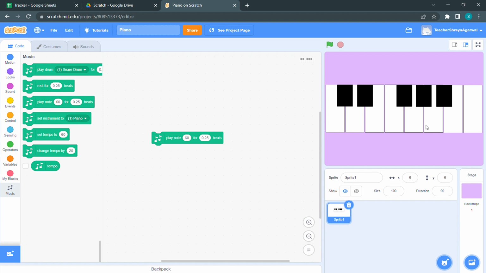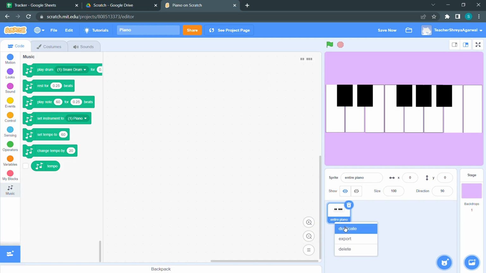So this part is going to be a little bit tricky, but I just want you to follow what I'm doing. Now I'm gonna rename this sprite and call it entire piano, and I will be duplicating this sprite again and again to be able to delete the other keys and keep one key at a time and code for that as well. So I will start by duplicating this. So I get entire piano 2. So I'll just type in key, okay, key 1,